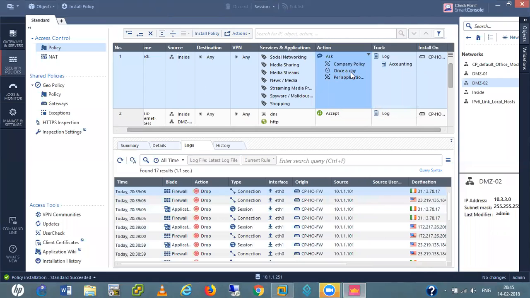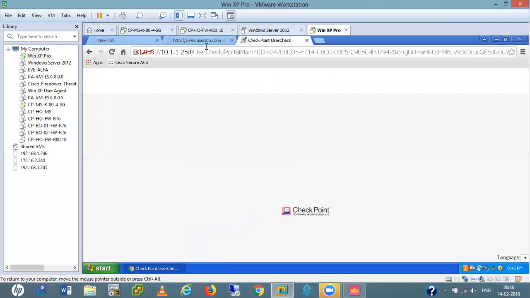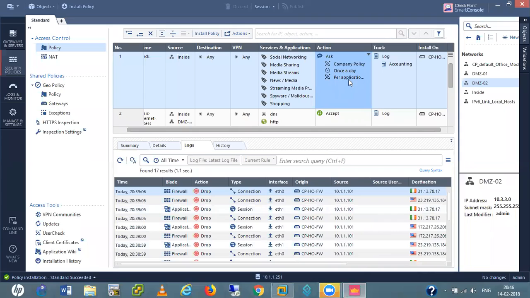So I think in a day we get this message only once. Also, they have mentioned something per application: company policy once a day per application. They have some logic with this.